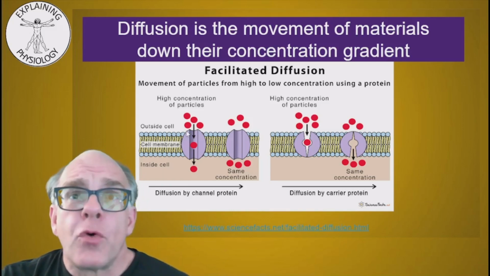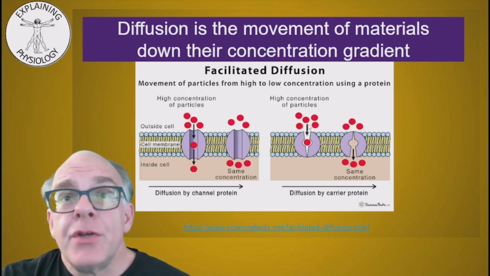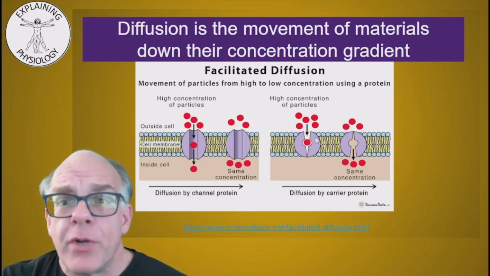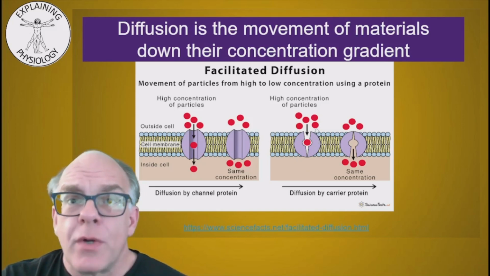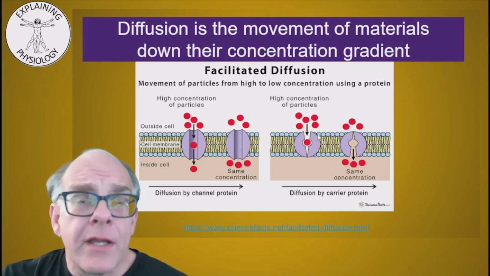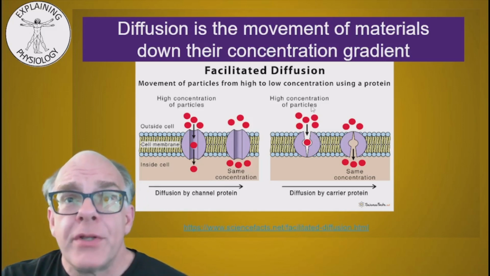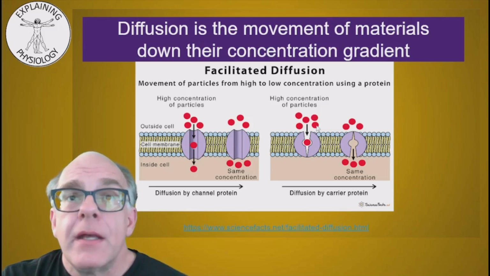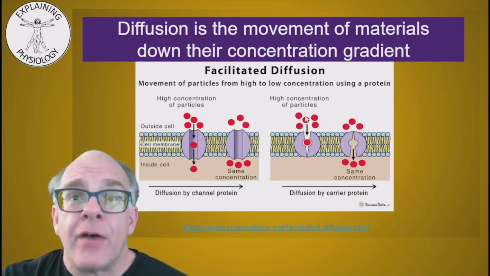A more complicated form of facilitated diffusion is using these carrier molecules. So instead of a simple tunnel in which these materials are moving on their own through this, we're going to use this carrier molecule. Again, another example of a transmembrane protein. It completely spans across the membrane, and it's going to have two configurations. It's basically going to have two shapes. In one of the configurations, it's going to be open to the extracellular side of the membrane. In the other configuration, it's going to be open to the cytoplasmic or the inside of the cell. As materials move down their concentration gradient, they're going to interact with that